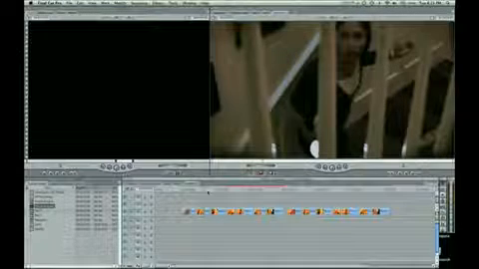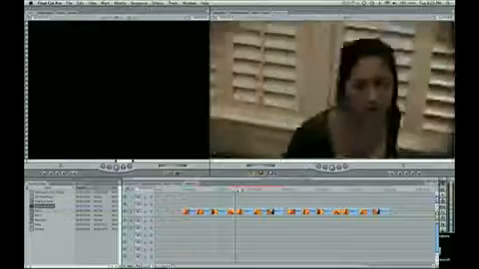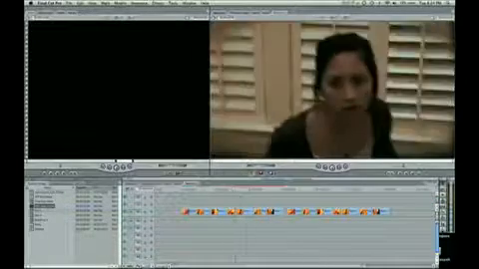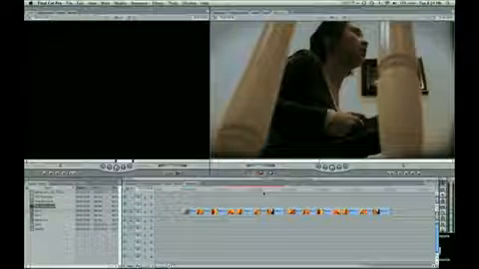In this tutorial I want to cover the basics of rendering. Actually we'll go a little more in depth on rendering, but here's what I want to do. I had a couple questions come in about what to do when you see these red lines above your timeline. Basically, let me explain that when you have these red lines, that means it's unrendered, and if I push play you'll see a blue screen comes up that says unrendered, and that can be a problem because in my